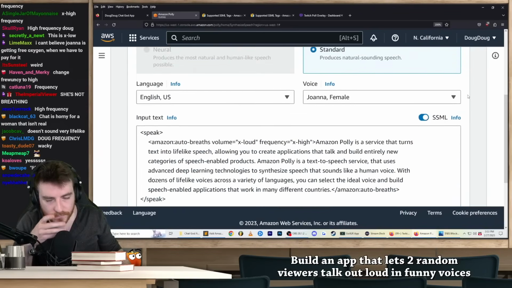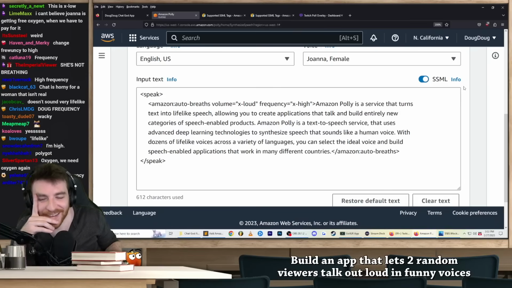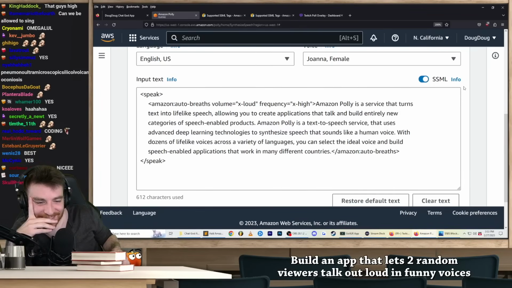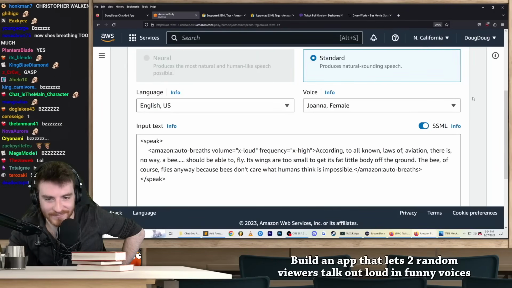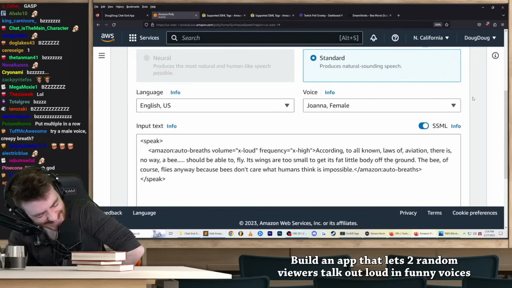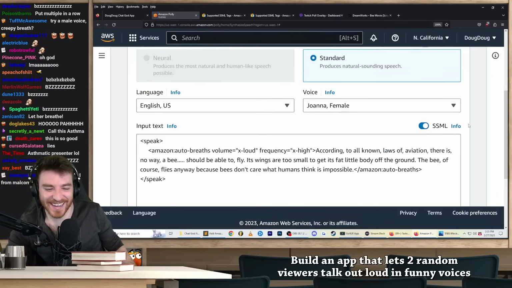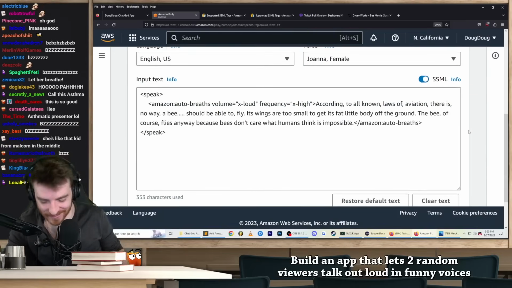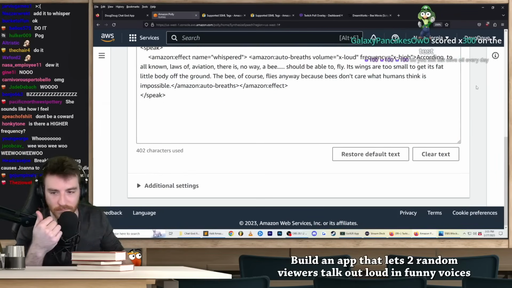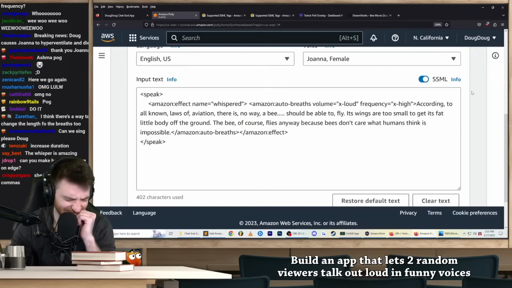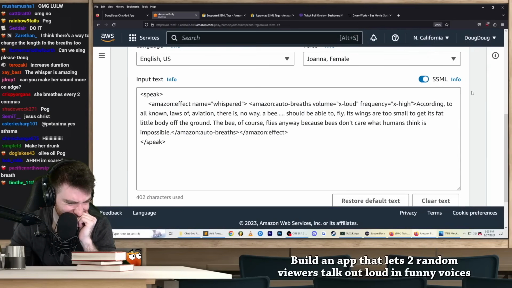Let's look. Amazon Polly is a service that turns text into lifelike speech, allowing you to create applications that uses advanced deep learning tech. According to all known laws of aviation, there is no way a bee should be able to fly. Its wings are too small to get its... Okay, we're doing this one. This is the greatest. Now make her whisper. It'll be scary. According to all known laws of aviation, there is no way a bee should be able to